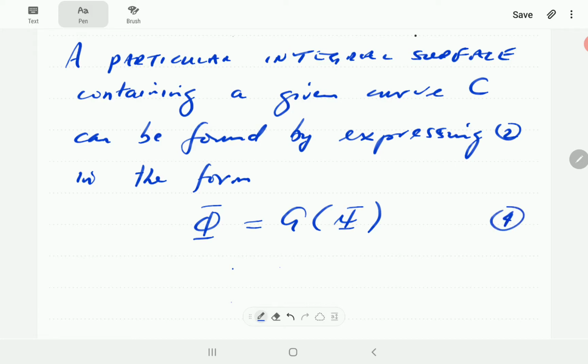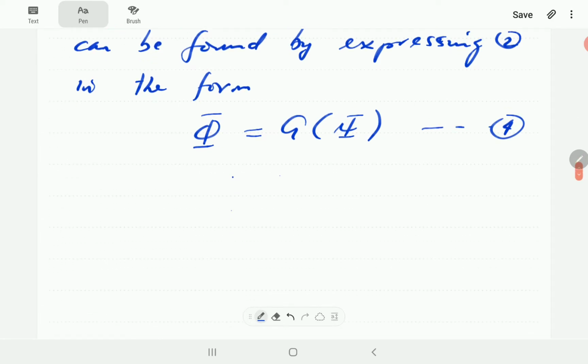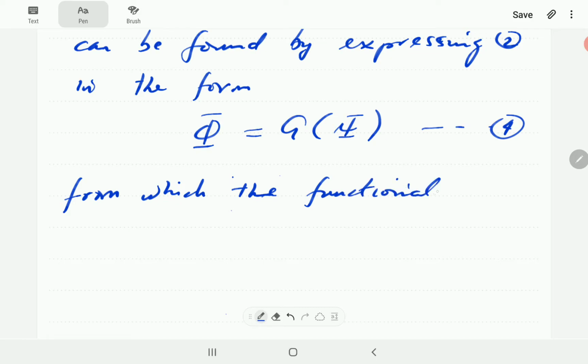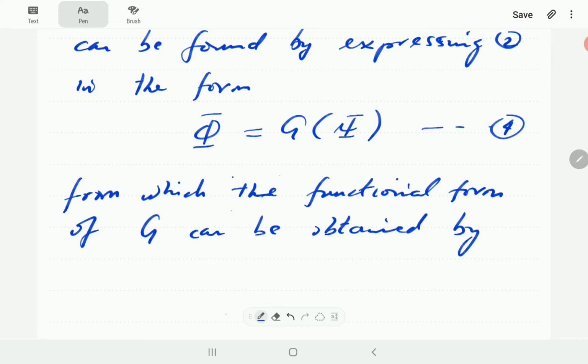Let's call this equation number 4, and then from this the functional form of g can be obtained